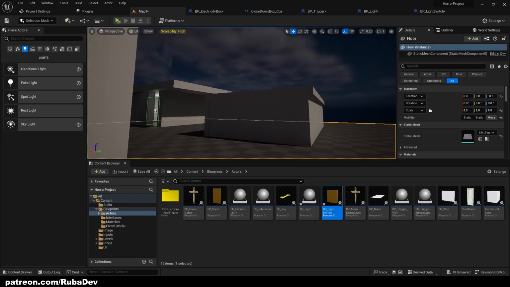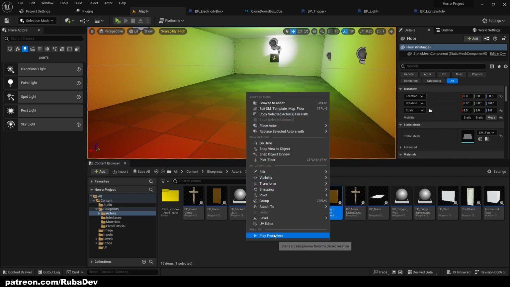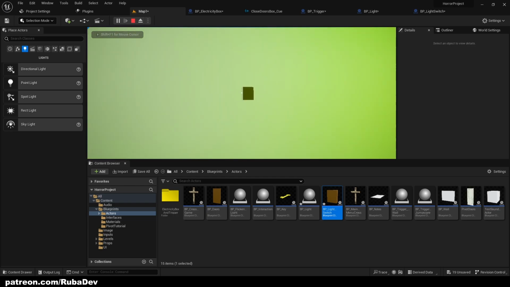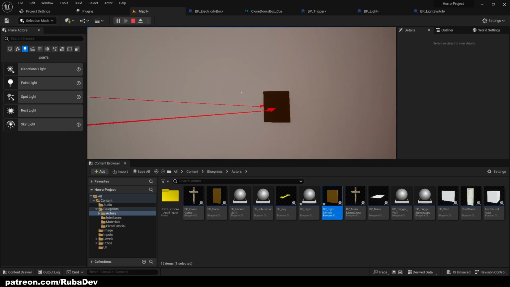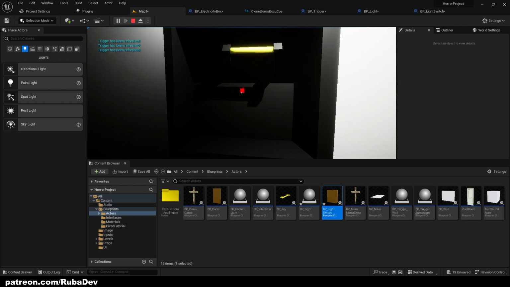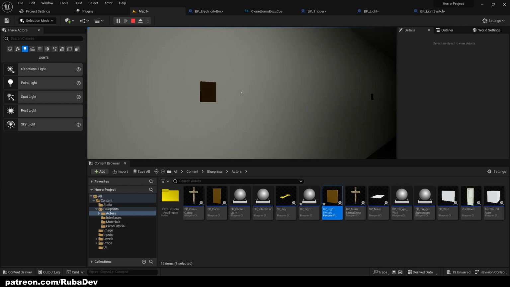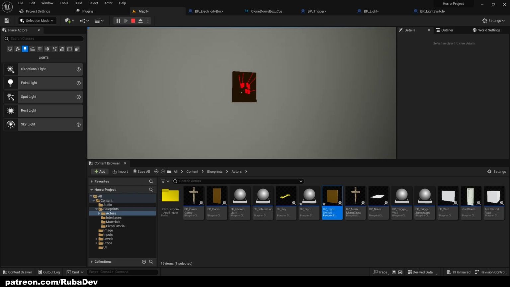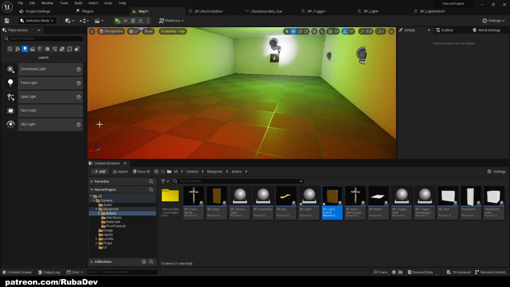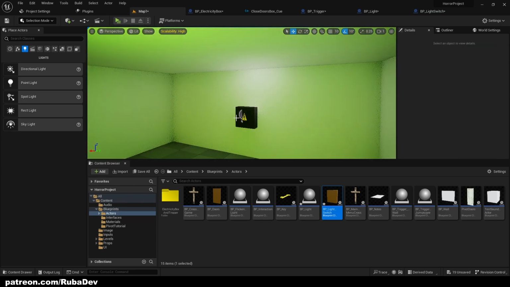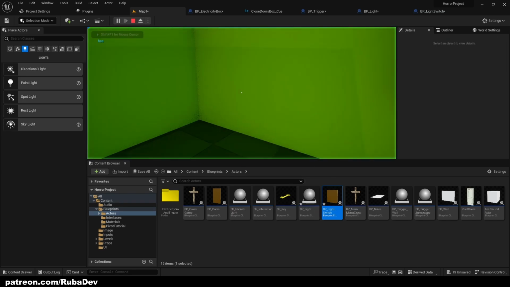So let's go ahead and create it, test it. So right now we have electricity, we can turn it on and off, but now there is no electricity anymore. This is the light that I put for testing, and I cannot interact. And if I remove this light again, like this, if I play from here,